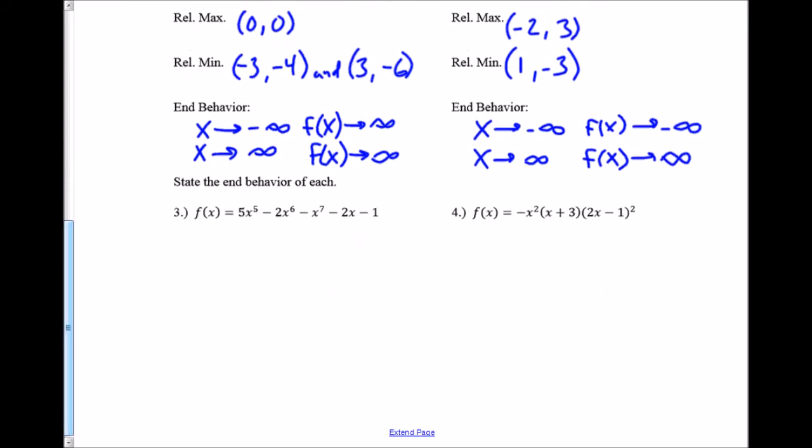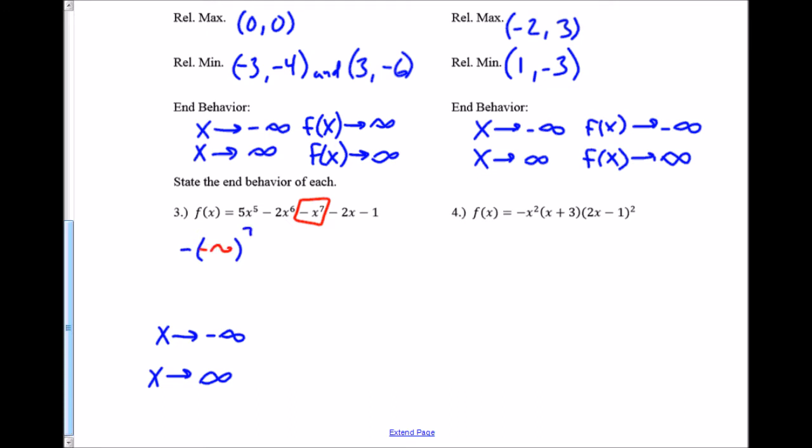For these, when I'm looking to find end behavior algebraically, essentially what I'm going to do is plug in a positive infinity and plug in a negative infinity. So I'm still looking as x goes to negative infinity, and then as x goes to positive infinity. Again, that's just the definition of end behavior. When I have it in standard form like this, in other words, when it's separated into terms, instead of plugging into each of these x values, I just plug into the term with the highest exponent. Okay, so I find the term that has the highest exponent. That's the one I use, because this thing is increasing so much faster than everything else that it's the only one that matters. And so when I plug a negative infinity in here, so I've got to the 7th power,